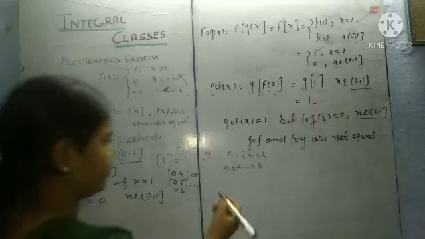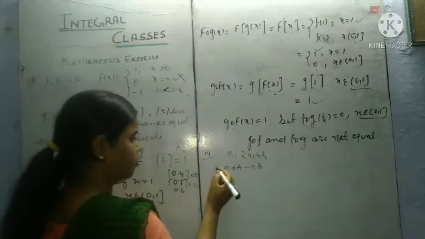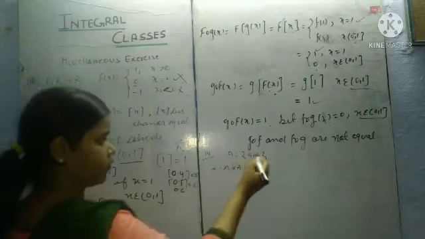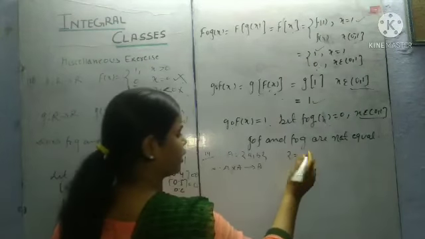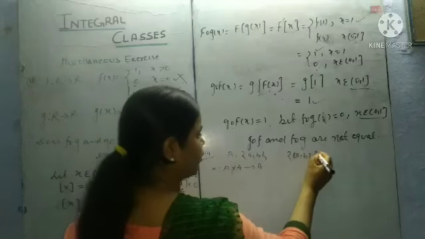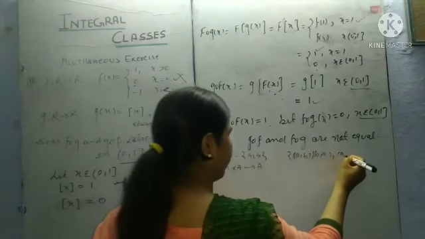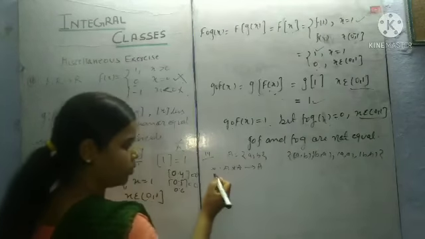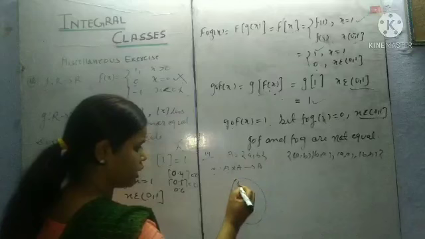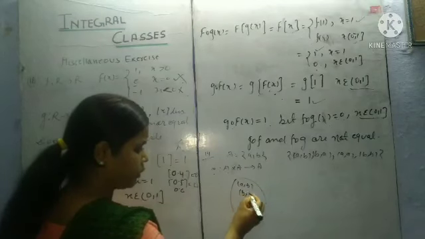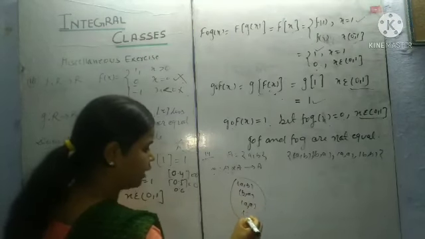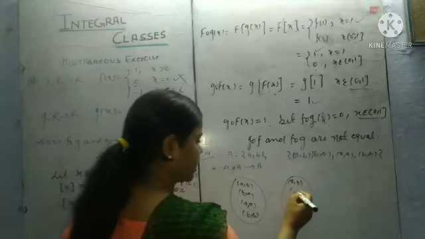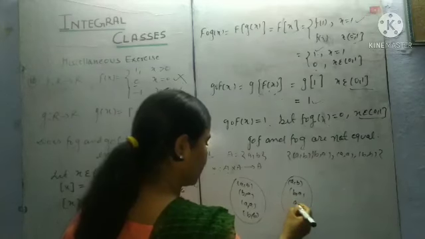Now in question number 19 we are given a set A = {a, b}, and we know that the binary operation is defined from A cross A to A. So student, if we find A cross A, then we get (a, b), (b, a), (a, a) and (b, b). Okay, so it is defined to A because it is a binary operation. So here are (a, b), (b, a), (a, a) and (b, b). On the other side also we write the same.